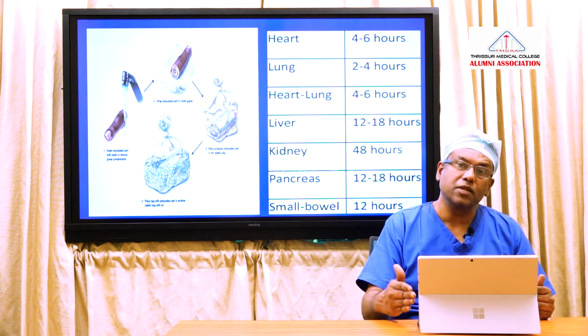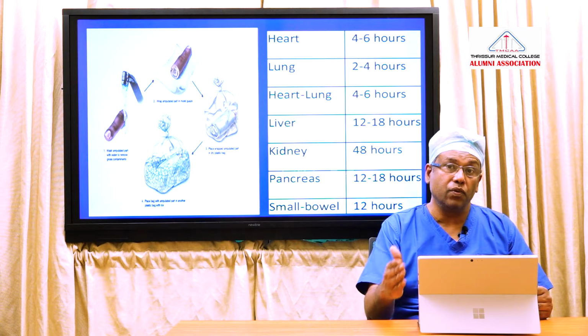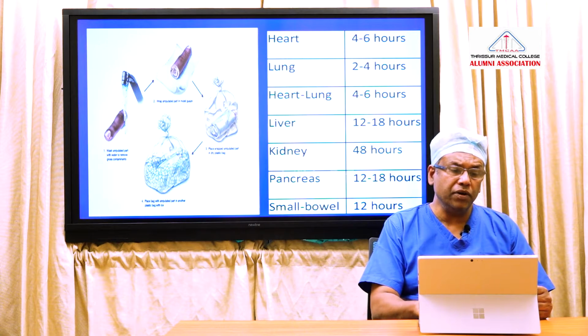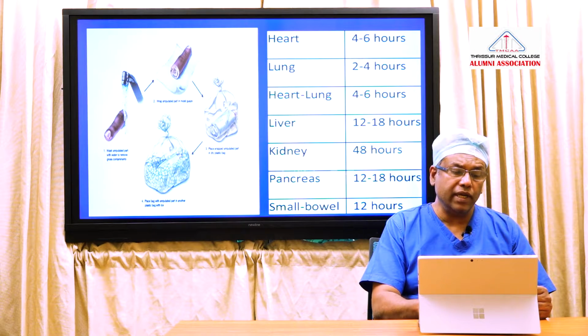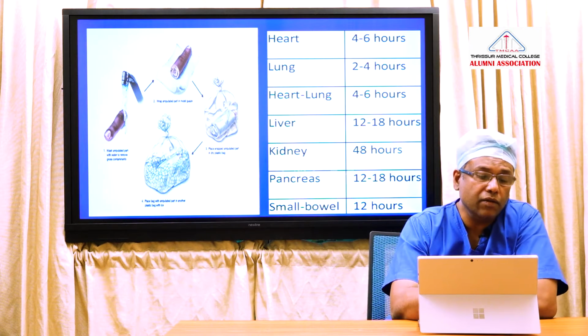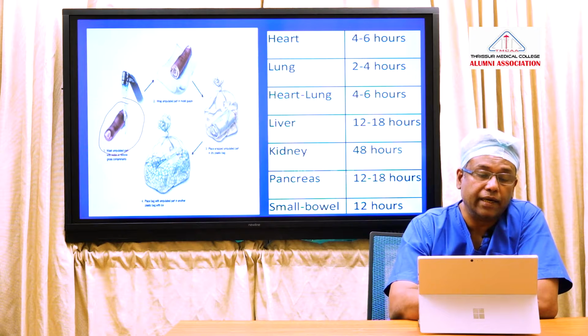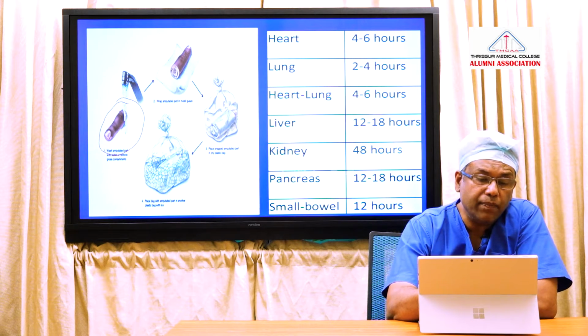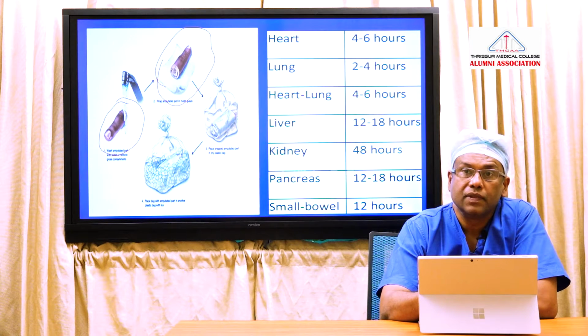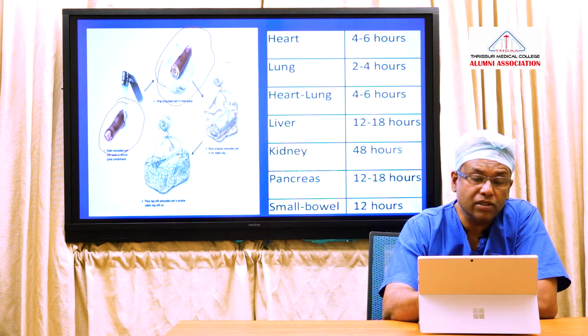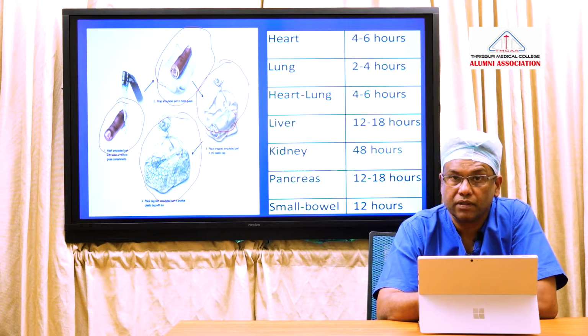Now, how will you transport a dismembered digit? If you are seeing the patient, first you wash the digit in saline. Then you wrap it in a sterile gauze. Then the sterile gauze is put in a plastic container, and that plastic container is put in another plastic container with ice and transported.